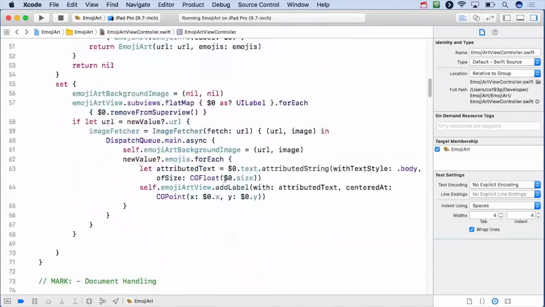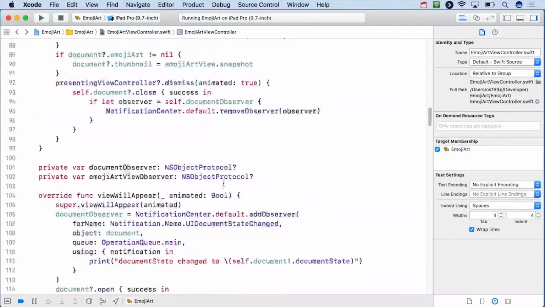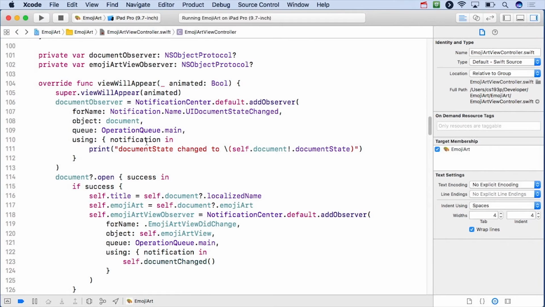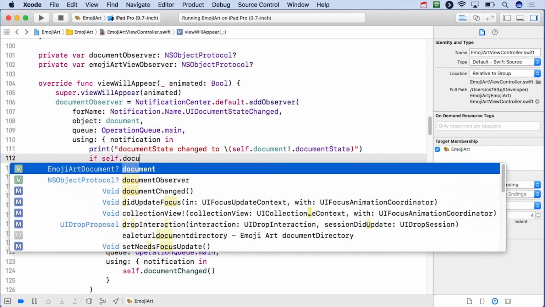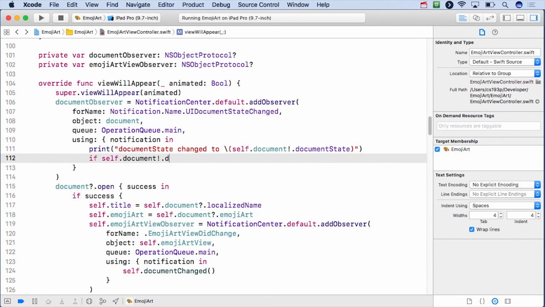So let's go down here to where we know autosaving is. It's right here where we're observing. Okay, here's where we're observing the document state change. So every time the document state changes to normal, I'm going to update it, because we know that when it autosaves, it goes to progress available and then back to normal. It'll also work when I first open the document. So I'm just going to say here if self document state